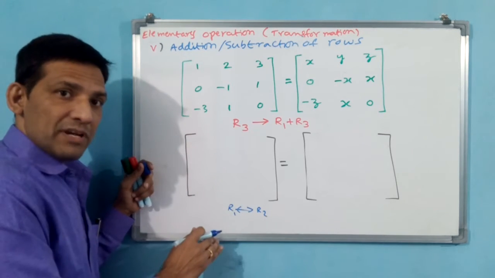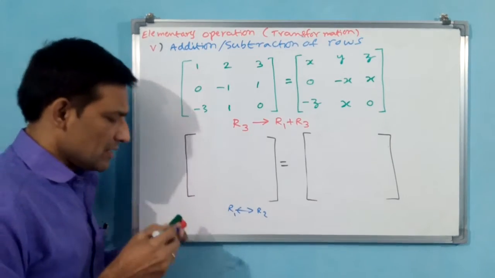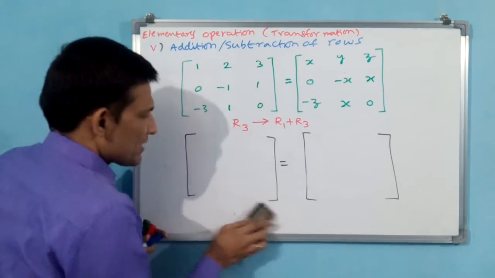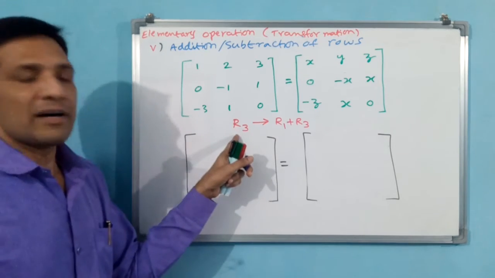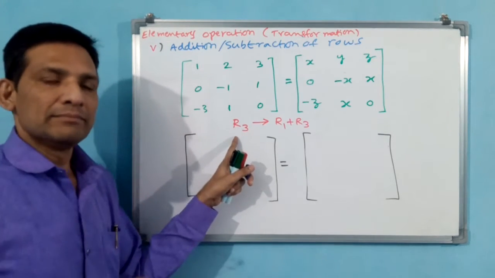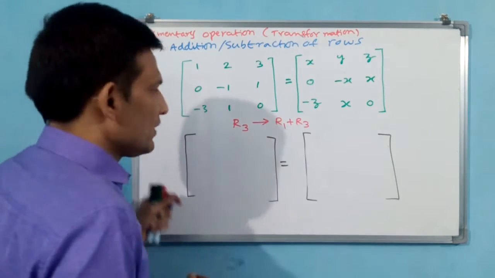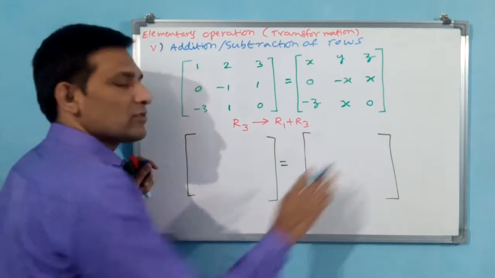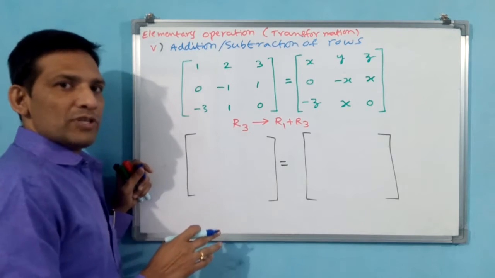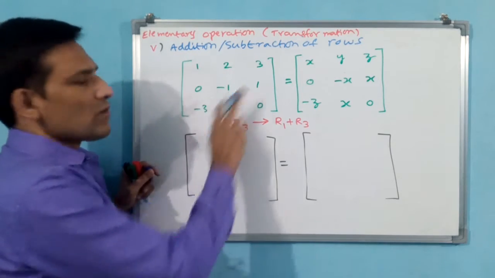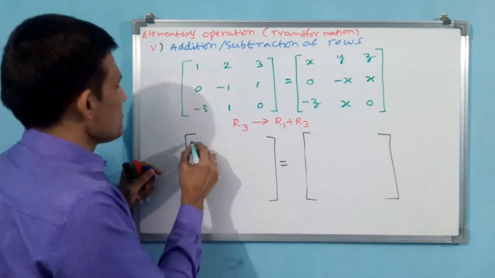Bidirectional, both side changes will happen. Two operations are there, column and row. But for the remaining four operations, the change is in that operation, that row or that column, where you are writing. You observe carefully. Here R1 is there, that R1 I am also going to change? No. What you have written on the left side, only that you have to change. R1, R2 you have not written on the left side, so you simply copy R1, R2.